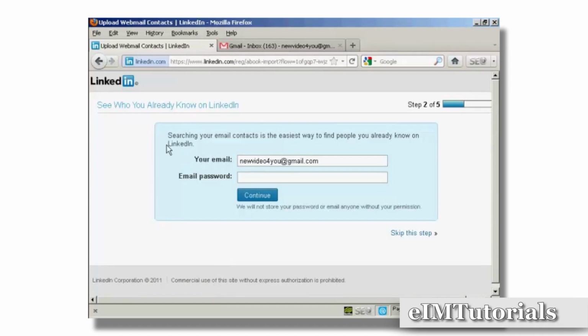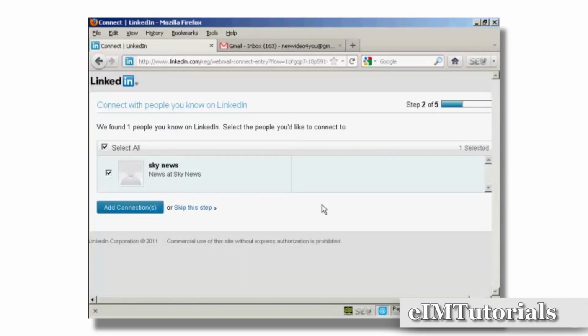It says searching your email contacts is the easiest way to find people you already know on LinkedIn, so you then need to put in your email and email password, and then click on Continue, or you can skip the step if you wish. And there we go, it's found one person that I know on LinkedIn, so I can go ahead and add the connection. So click on the button there,